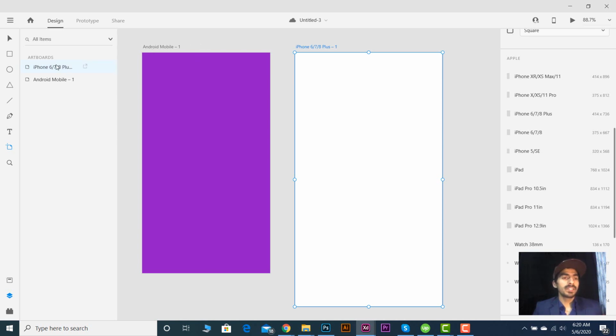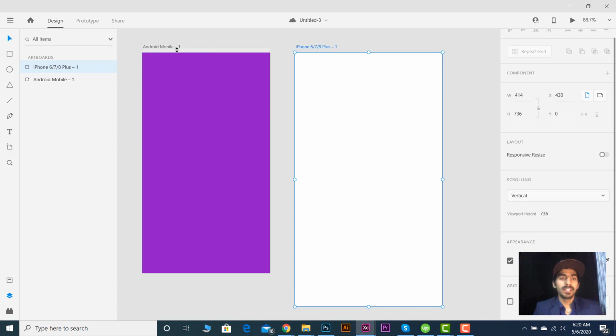As you can see, when you create an artboard, the name of the artboard is already present in the layers panel, and at the head of your artboard the name is written. If you want to change the name of the artboard, just press V. V is for the select tool. As you can see, the select tool is selected in the tools panel. Just click on the name of the artboard. I clicked on Android Mobile and the artboard is selected. Just double click on your artboard name and rename it, like Adobe XD